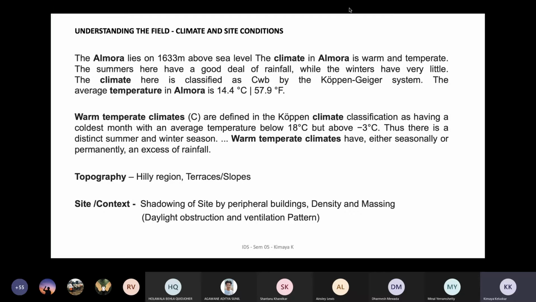The moment you open the tap, the water runs, right? So similarly, if the solar panels are exposed to the sun's radiations completely, then they will generate the electricity. But in case there is a shadow that gets cast on the solar panel, it will stop generating the electricity. Okay, even the dust particles matter, because it reduces the efficiency of their generation of electricity. Then the daylight obstruction and ventilation patterns also become important, especially in the dense areas, and especially when you have high rises around you, because what is the kind of daylight that you will draw within your building? Okay.